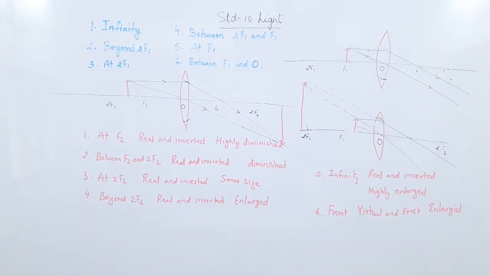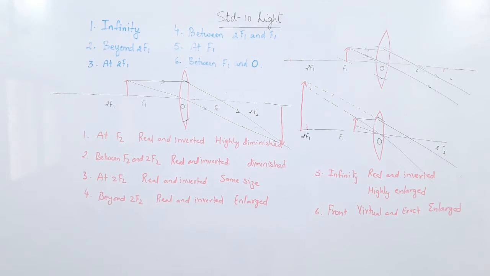So friends, you can observe the 6 cases here. We have done all the 6 cases on the board one by one. First the first 3, so we repeat it again. You have a table in your book which shows the position of the object, the position of the image, the nature of the image and the size. So remember this table. We start again. Look on the board clearly. At infinity means very far on the left side. So we have used the same convention here. We are putting the object on the left side.